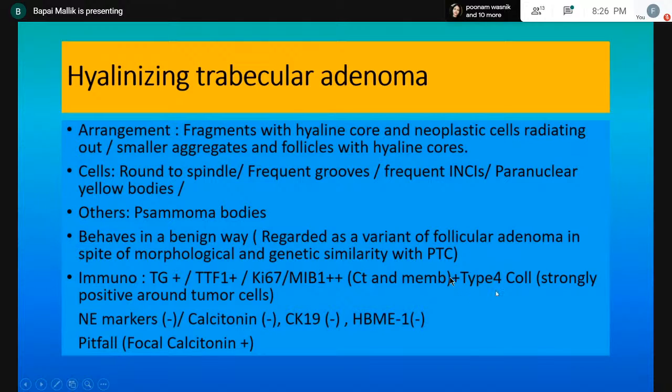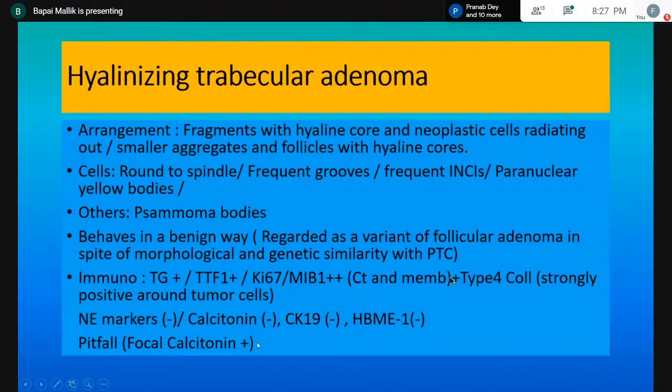If you do a type 4 collagen, if you have it, it is going to just go around the tumor cells, especially if you're doing a cell block. The neuroendocrine markers and calcitonin are negative. So it is a very weird looking tumor. And in the thyroid, whenever you see something which is very weird, you should always rule out a medullary thyroid carcinoma. So the neuroendocrine marker negativity and calcitonin negativity helps. But remember, a very few cases could show focal calcitonin positivity. So if you're just seeing a few cells here and there and you're seeing calcitonin positivity, well, it is not exactly a medullary